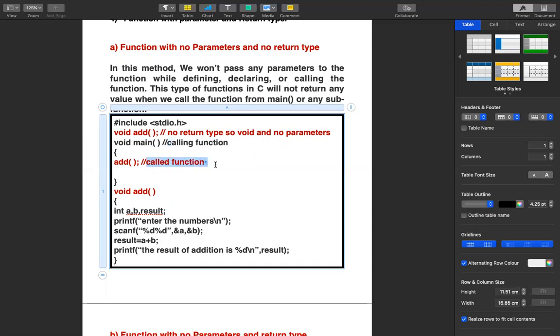Now carefully see, as soon as we call a function called add, the compiler looks for its declaration, that is, whether the function is declared. Yes, you can clearly see the function has been declared, because we have declared the function before main.